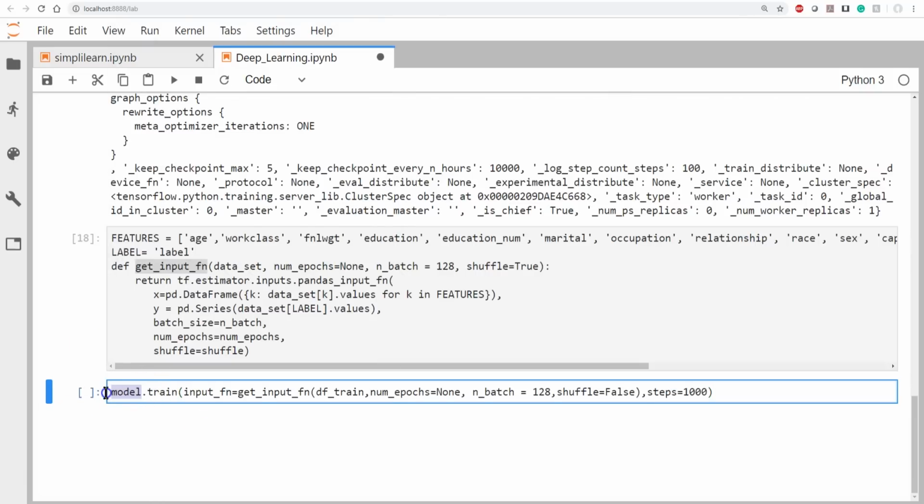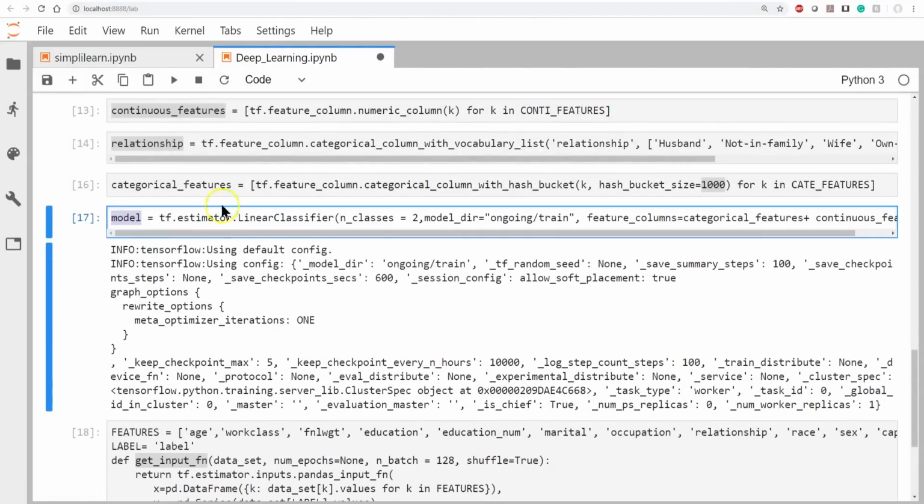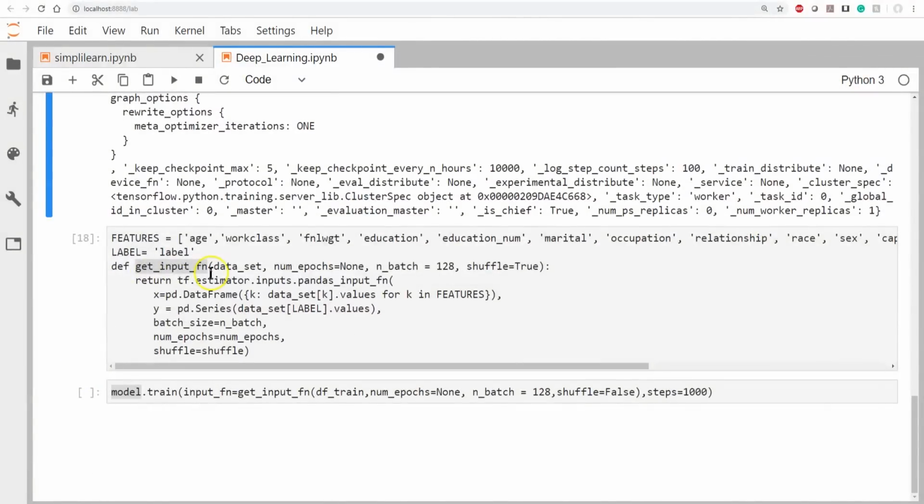And that's simply we take our model we created way up here. That's where we take the model there. We've told it what columns it's going to pull in, so it knows what columns it's looking at and the definition of where it's going to get the information from. So now we want to go ahead and train it.